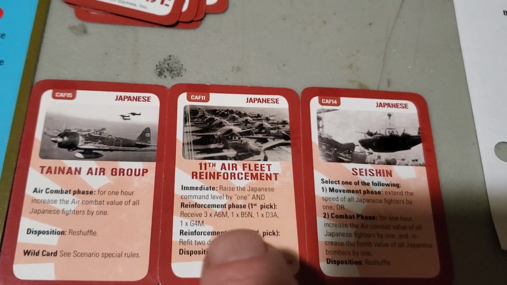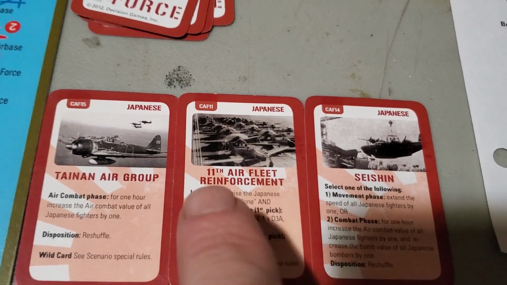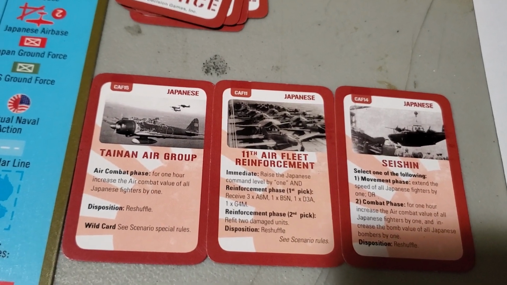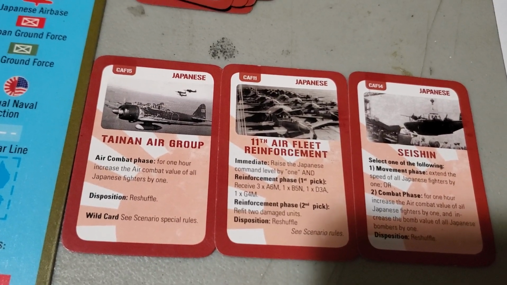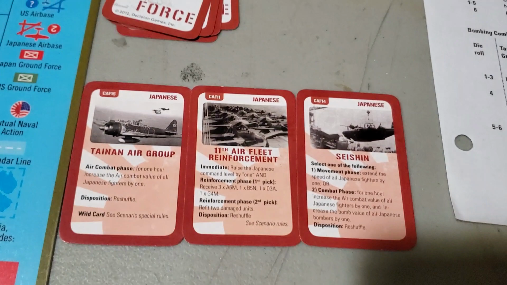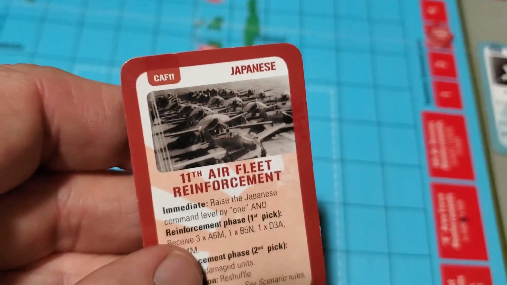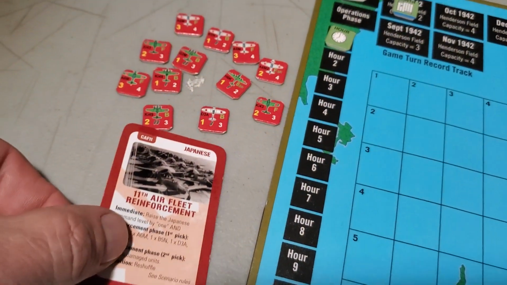We have a reinforcement card, which gives us more airplanes, which will come in immediately. Then we have a Tainan Air Group. I can increase my combat value of my fighters for one hour. Yeah. So this card has to be played immediately as well. And this gives me reinforcements as the Japanese. I get the 11th Air Fleet as reinforcements, which are over here. So we're going to have to add them to the map